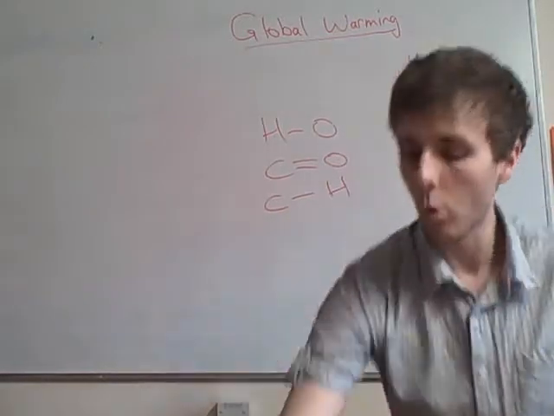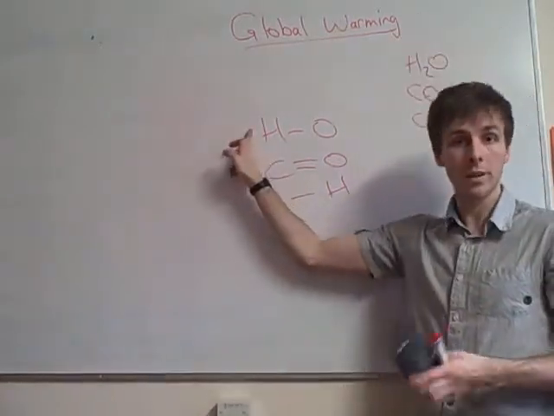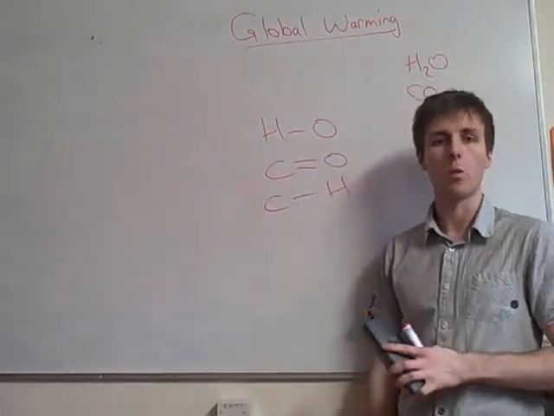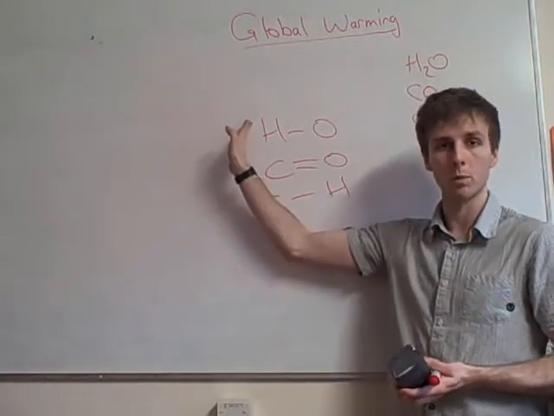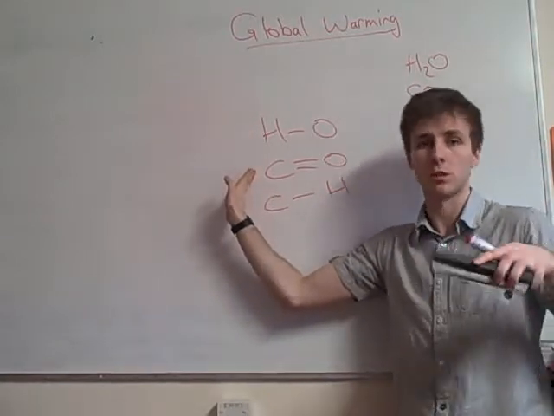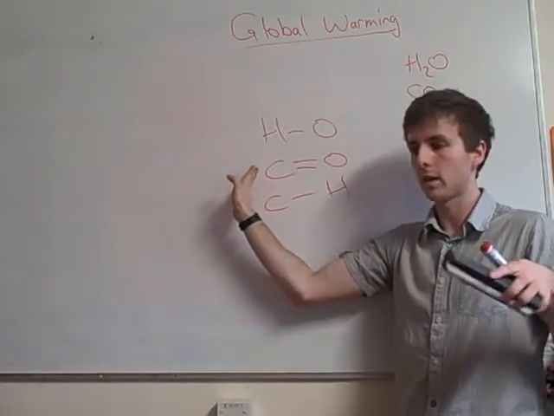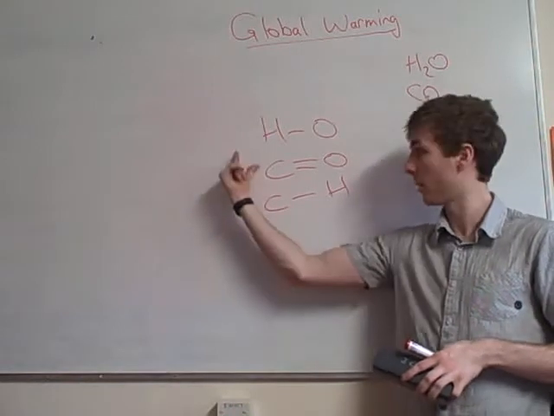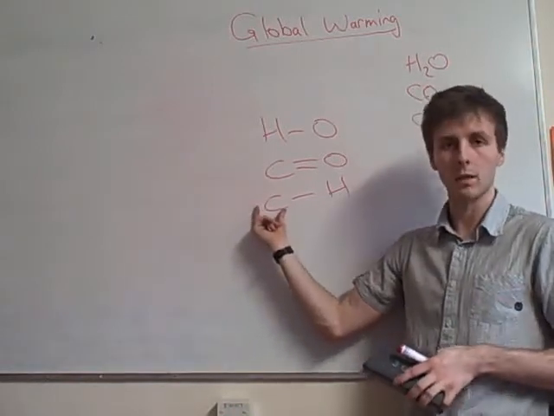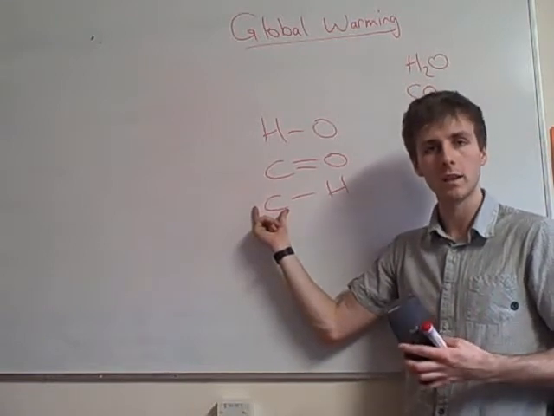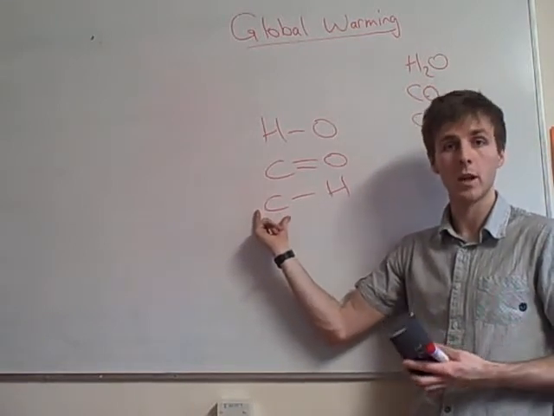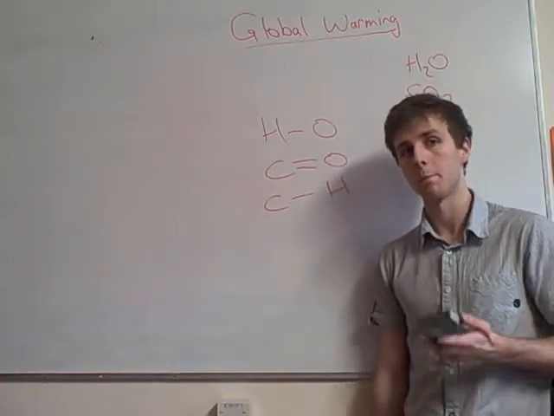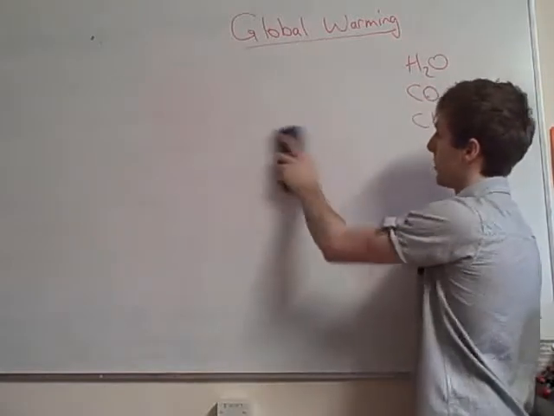It's dead easy to remember because they're the only bonds you get in each of these three things. Now water is the most common greenhouse gas. There's loads of water vapour in the atmosphere, but it's not that good at absorbing infrared radiation, so it's not too much of a problem. This is the kind of medium concentration and the medium goodness at absorbing radiation. There's not much CH4 in the atmosphere compared to these two, but this is like the daddy of absorbing infrared radiation. It does it really easily, so this is a very potent greenhouse gas. We say it's got a very high global warming potential, or GWP. Okay, so they absorb it.